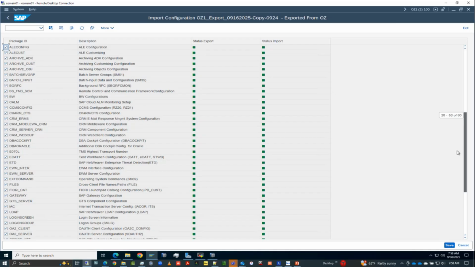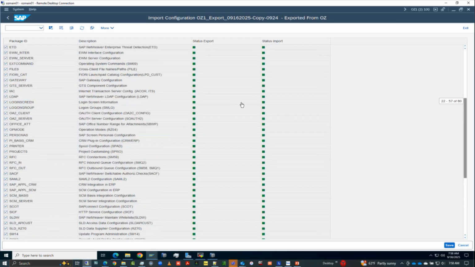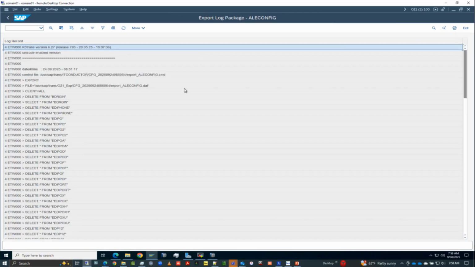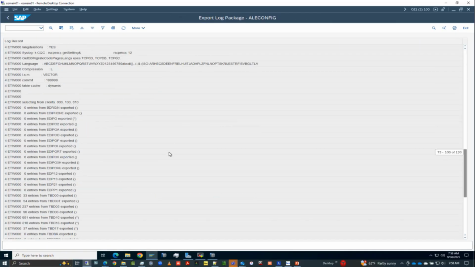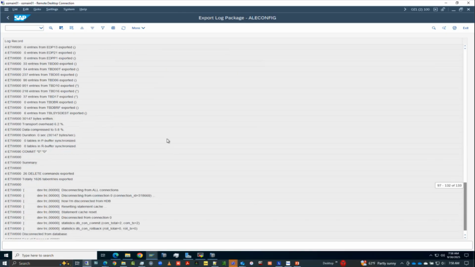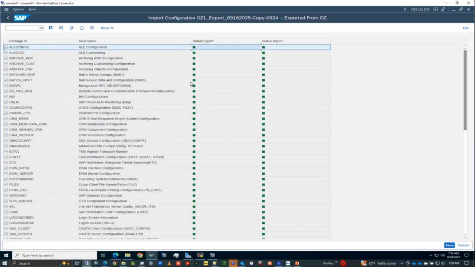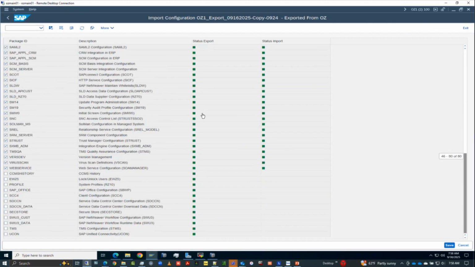So without actually creating a new one, I'm going to show you what happened during the export phase. When we create a config, all of these show no status. And this one is completed. That means the status of the export has been done. And then the import also has been done. Now, when you click on any of these, it gives you the view of the job logs of all that is exported, right? So every time we export the config, there are tables listed in the R3 translog. So that's available for the export-import process. So everything, for instance, in this particular case, we exported all of these,